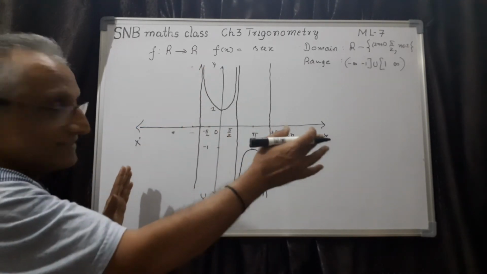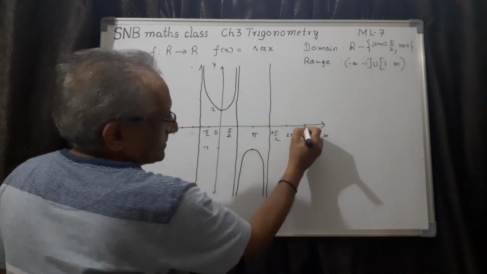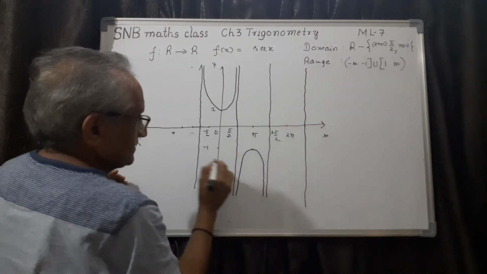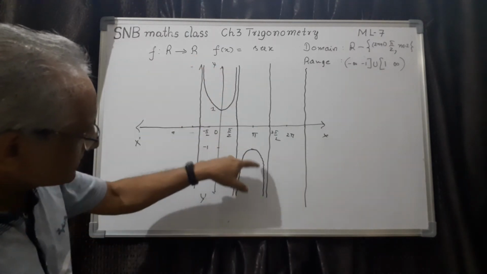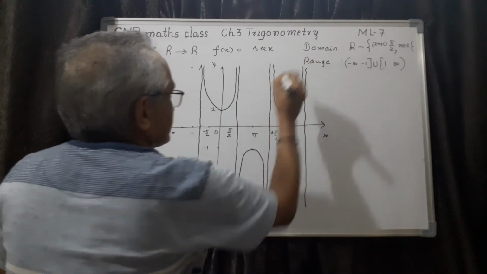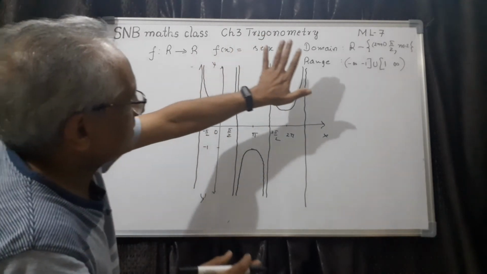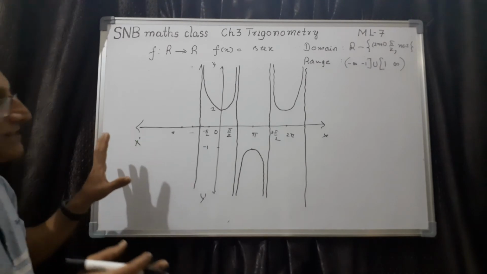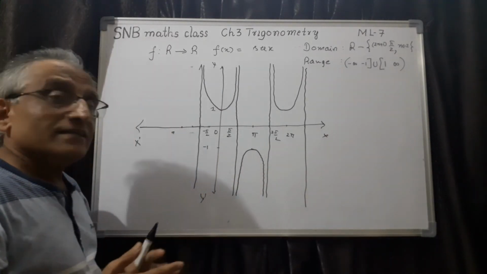Now what about the other branches? You need not worry, just repeat this one. Take 5 pi by 2 and draw the branch. What you have to remember is that these curves are alternate. So here it is here, here it is here. There is no need to remember, just draw like this. And this side also, the same thing. Take one more branch: here one curve, here one curve, here one curve. So here it cannot be. So this is the alternate system. The same thing once again, I need not repeat further. You can understand the nature of the graph.